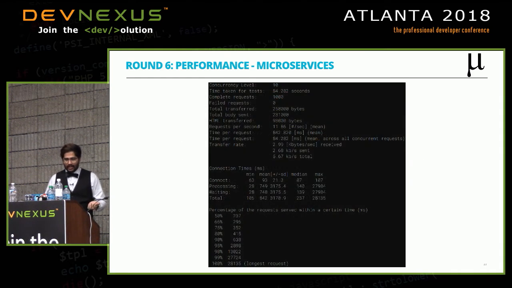And the results look like this. The number that you really want to note is up there. It's 84 milliseconds per request, if the contrast is not good enough for the folks in the back to see it. The application took roughly 84 milliseconds. There are a few caveats, like I said earlier.